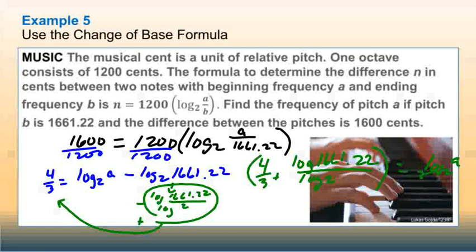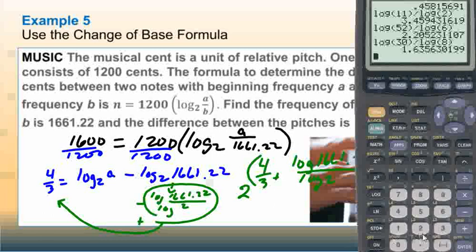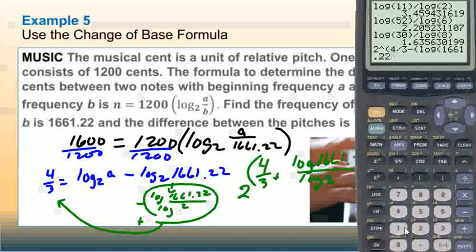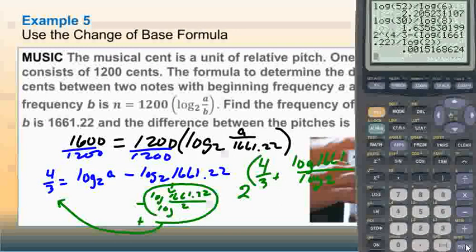I have to exponentiate that to get A by itself. That means I have to exponentiate this. So I'm going to raise 2 to that power. I'm going to grab my calculator and put in 2 raised to, and then in here I'm going to have parentheses 4 divided by 3 minus, and then parentheses, log of 1661.22 end parentheses divided by log of 2 end parentheses end parentheses. And when I hit enter,